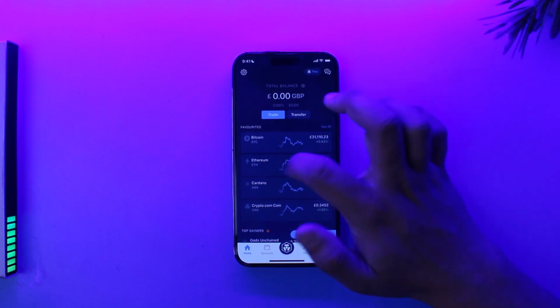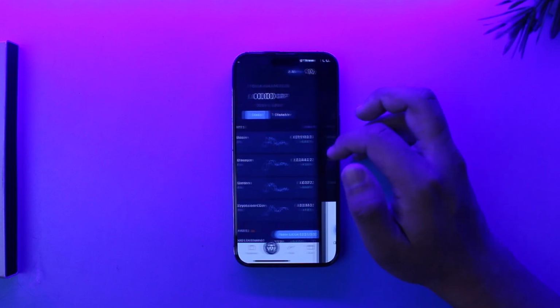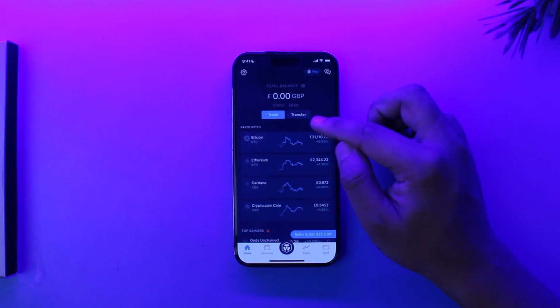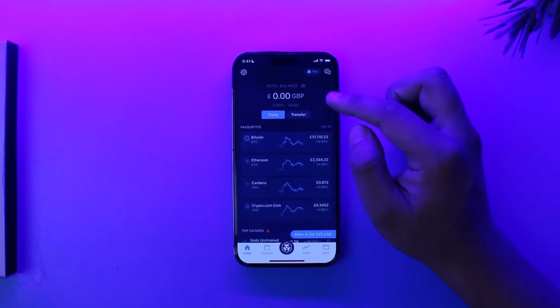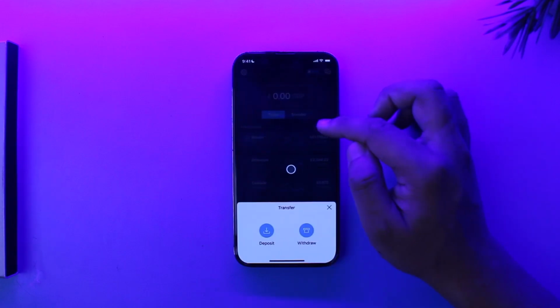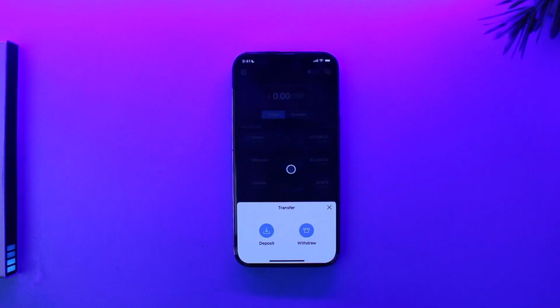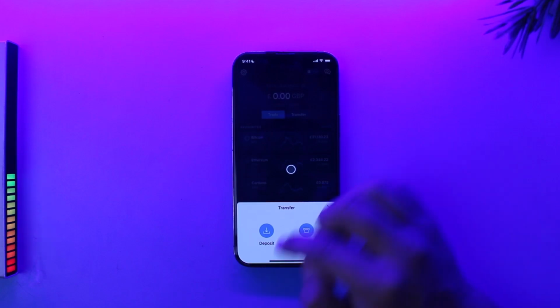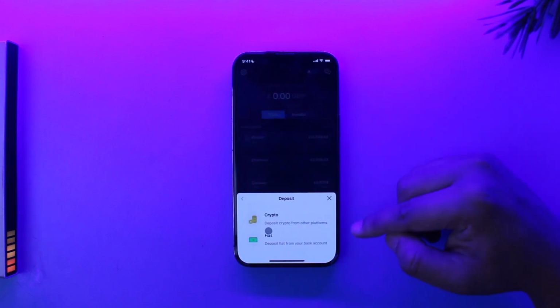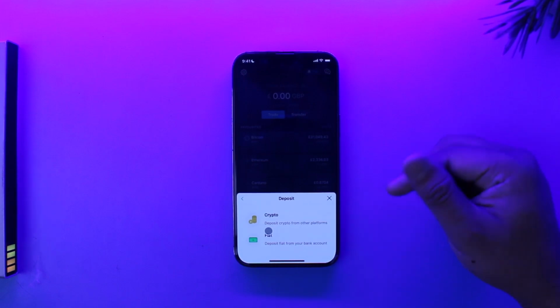Once you're signed into your account, this is the type of interface that you will see, where you just have to tap on the transfer option that you can see on the home page. So tap on the transfer option right there. It will ask you to deposit or withdraw, and since we're just trying to learn to deposit, we will go to the option called deposit, and you can select fiat because we are trying to deposit real funds, which means